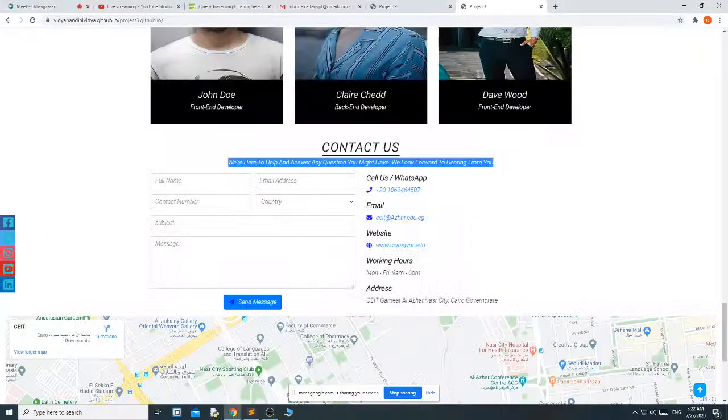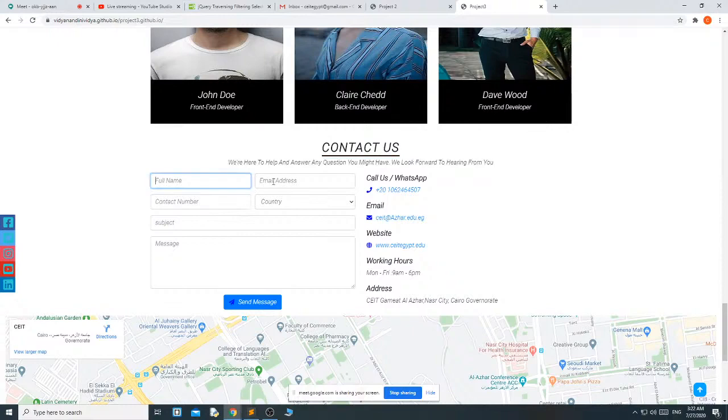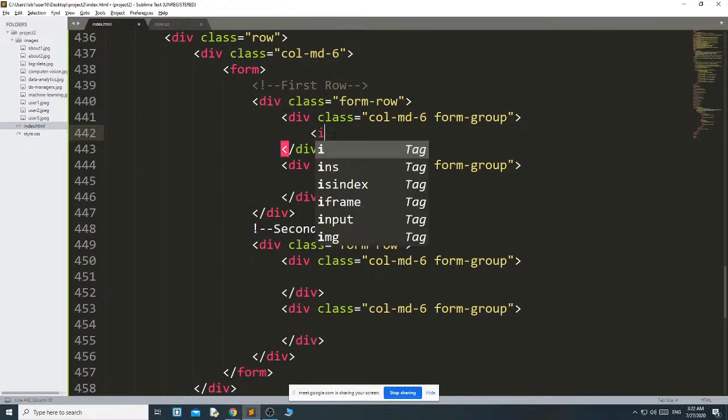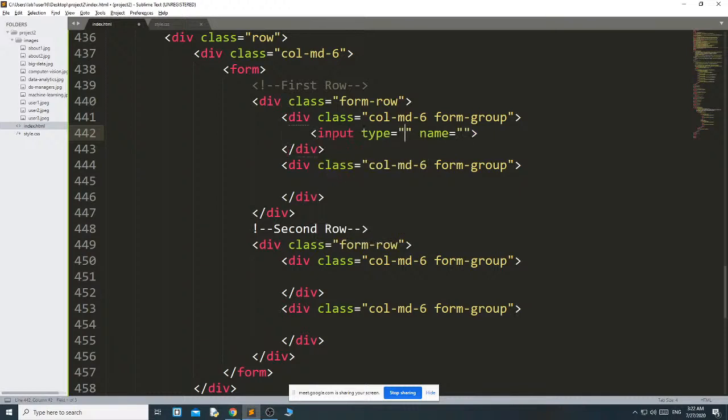In the first row, the first one is full name, the second one is email address. For the full name, I am going to use input type text. I don't need name.